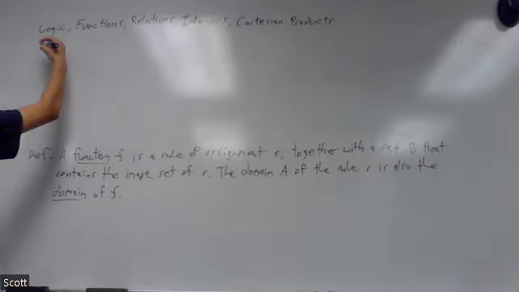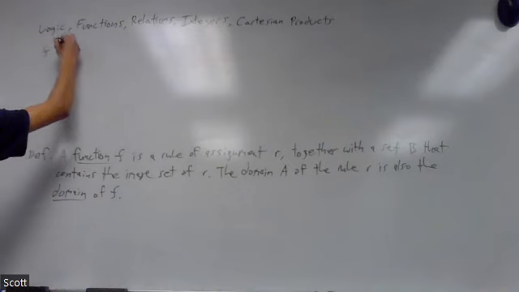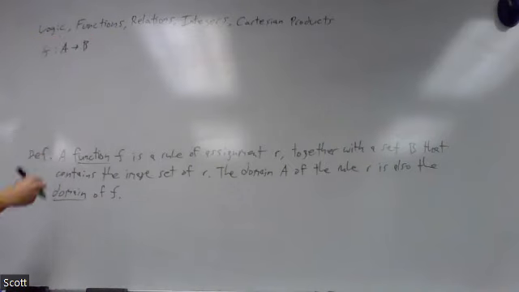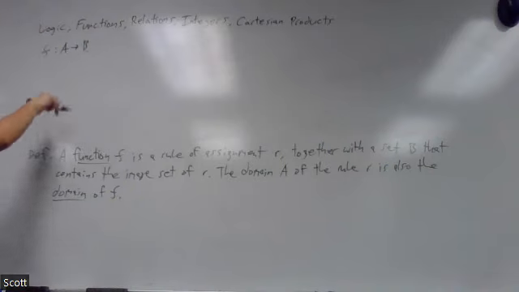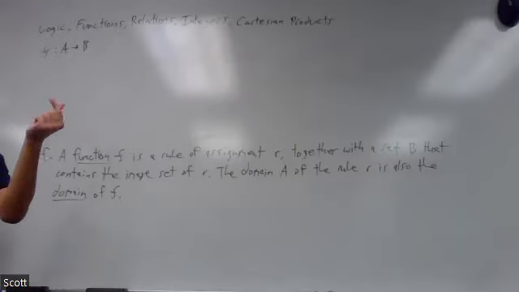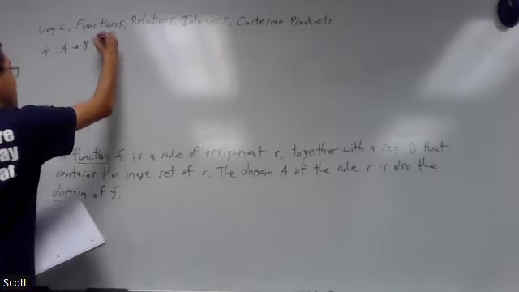So we can denote this F: A to B. So I'm going to call this a domain. I am going to call this a codomain, and to distinguish it from the image, or image and range, those are the two terms I'm going to use synonymously. Okay, if this is a function,